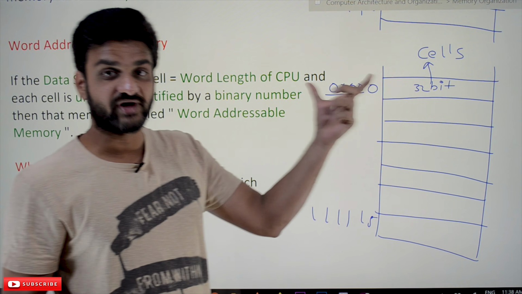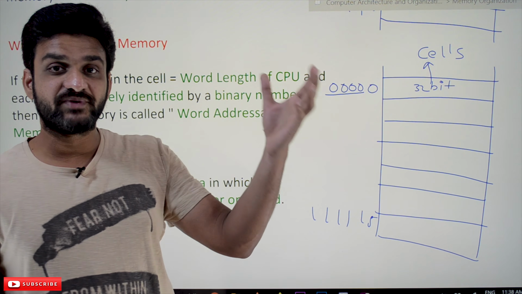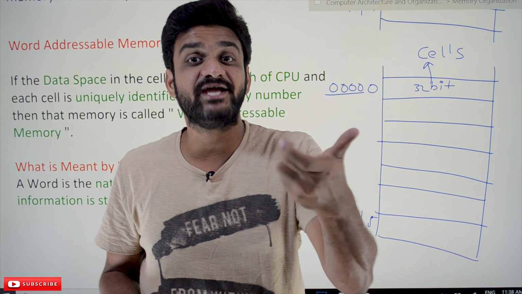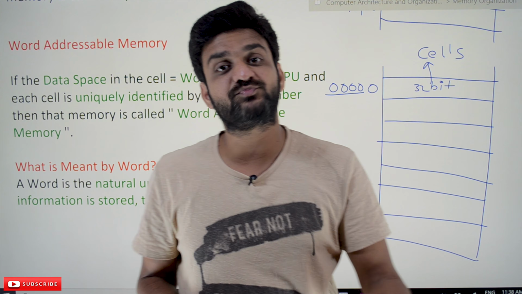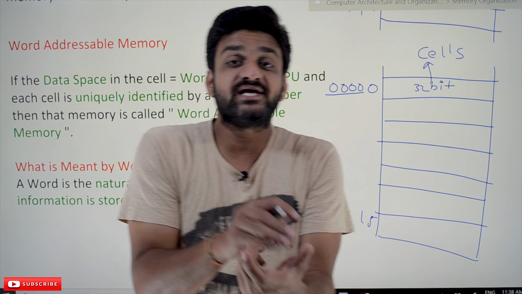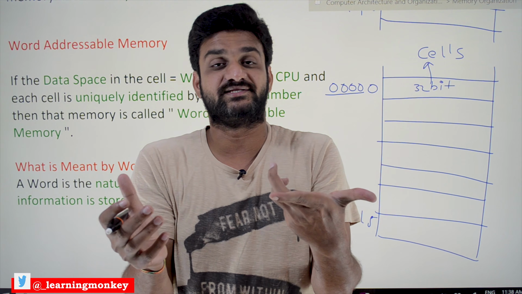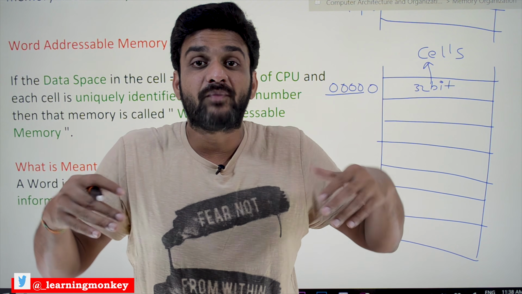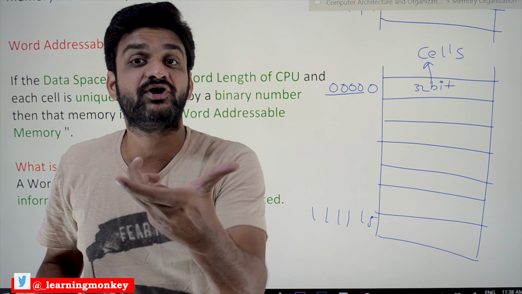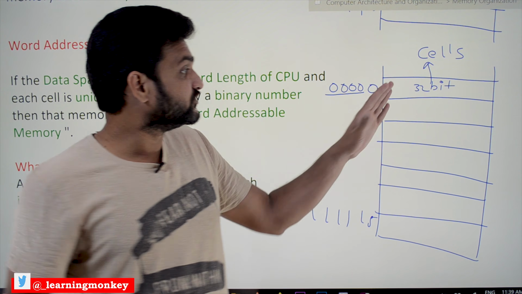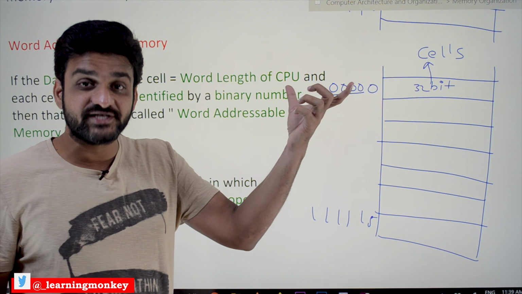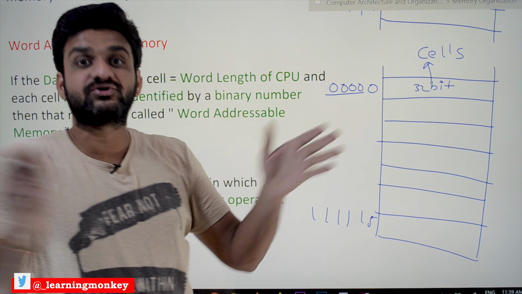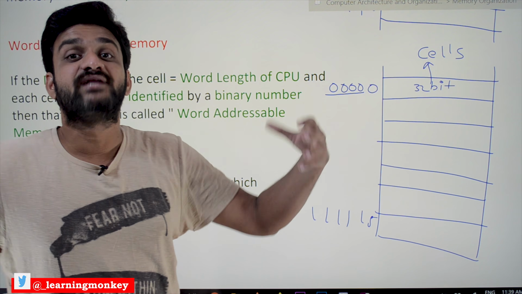Why are words used? Why 32-bit words, 64-bit words? For example, if the computer is operating with 8 bits, what is the maximum integer that is possible? It is 256. Similarly, if you increase the bit size, for example, if the computer is working with 16 bits, the integer upon which operations can be performed increases. If you take 32 bits, what is the largest possible integer? On a 32-bit computer, it is going to be very big. Similarly with 64 bits.